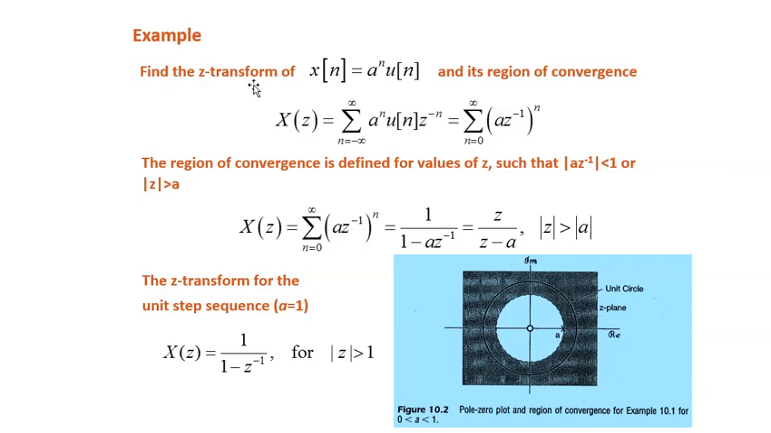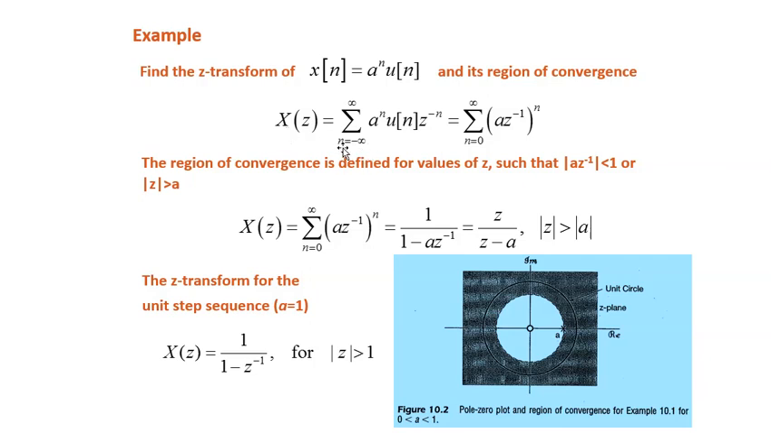Imagine x of n is a to the power of n u[n]. You know what the unit step function u[n] is, right? The function u[n] is going to be 1 for n greater than or equal to 0. For any value of n smaller than 0, it is going to be 0. So if you want to find the Z transform of that,